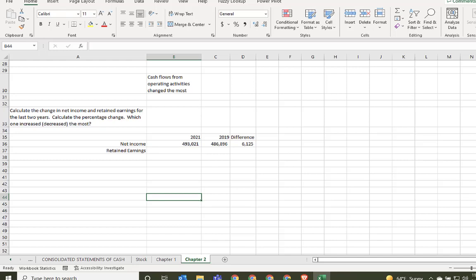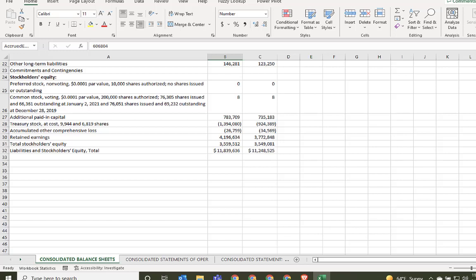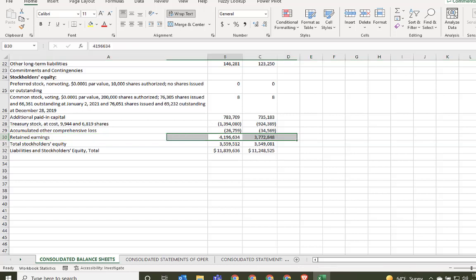So where do I get my retained earnings? My retained earnings is on my balance sheet. So I'm going to go back to my balance sheet. And under my stockholders' equity section, I'm going to look for my retained earnings. And there they are right there. So I'm going to go here. I'm going to name this cell retained earnings in the year. For your year may be different. Press enter. And then I'm going to name this cell